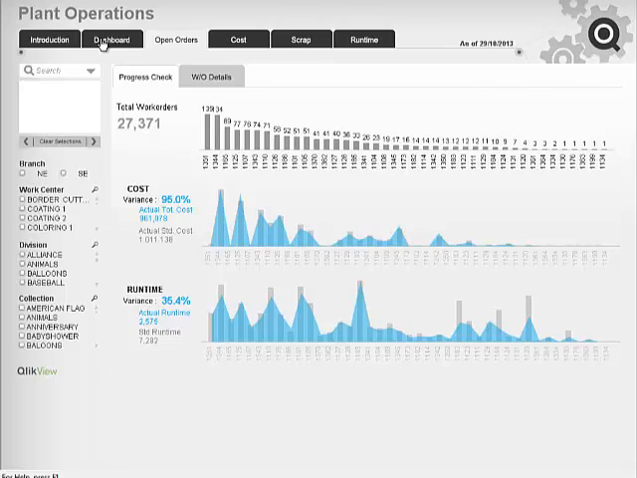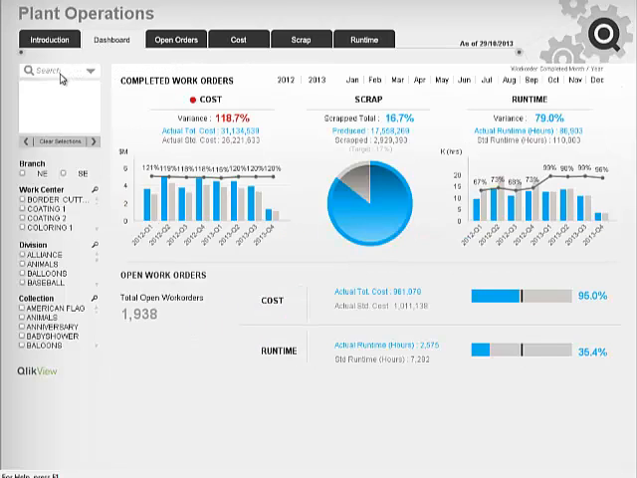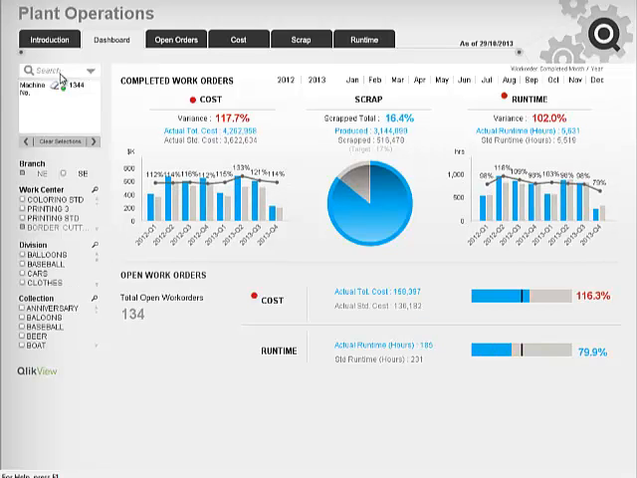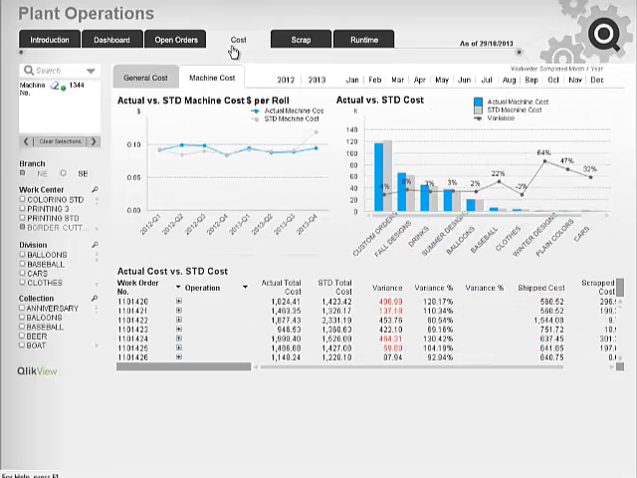If I move back to my dashboard, I can search for this individual machine and indeed look at the overall metrics for that machine. Now, we can see that historically it does have high cost. It doesn't produce a massive amount of scrap, but we can see that indeed cost is something that we need to focus on. So if we move to our cost tab,